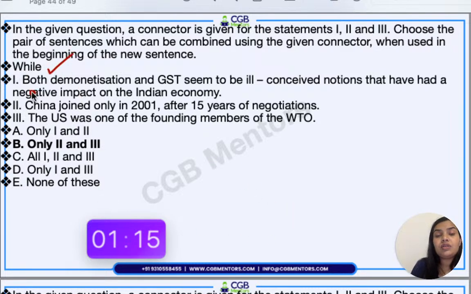While is used in two places. First, we talk about two things जो parallelly हो रही हैं. Second use case is where you have two things in contrast, just like although. Yes, you can use it exactly like although.